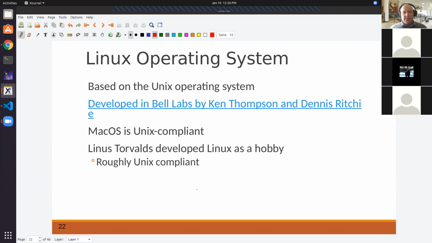Okay, the VM is a Linux operating system, right? It's Ubuntu, Xubuntu, which is based on Unix operating systems, which were developed in Bell Labs a long time ago in computer science. A long time ago in computer science is not that long ago, but it's Unix compliant. Mac OS is also Unix compliant. So there's certain things